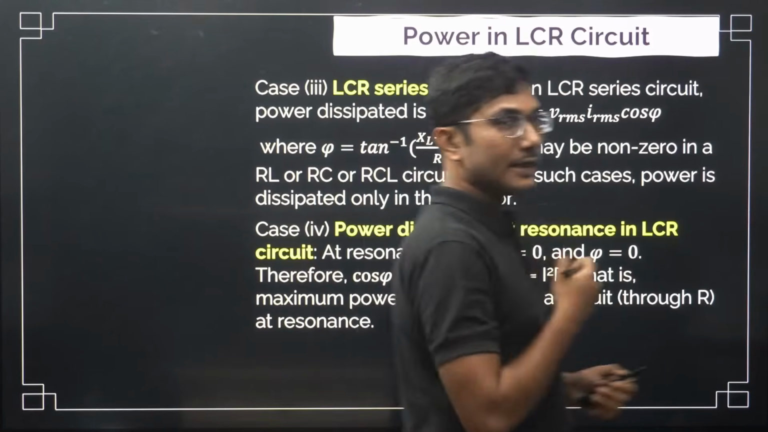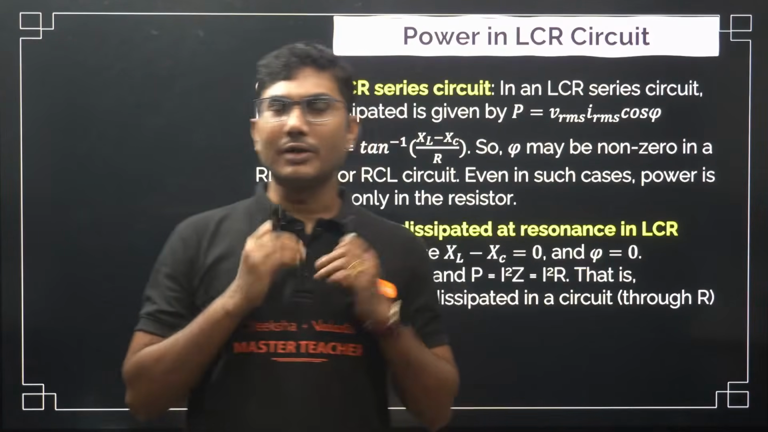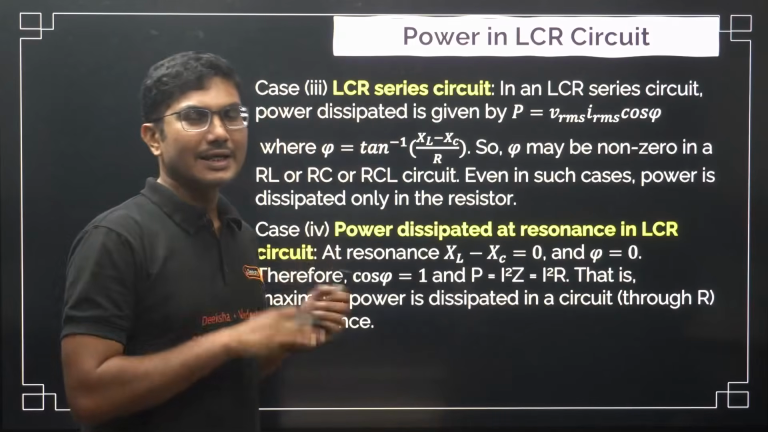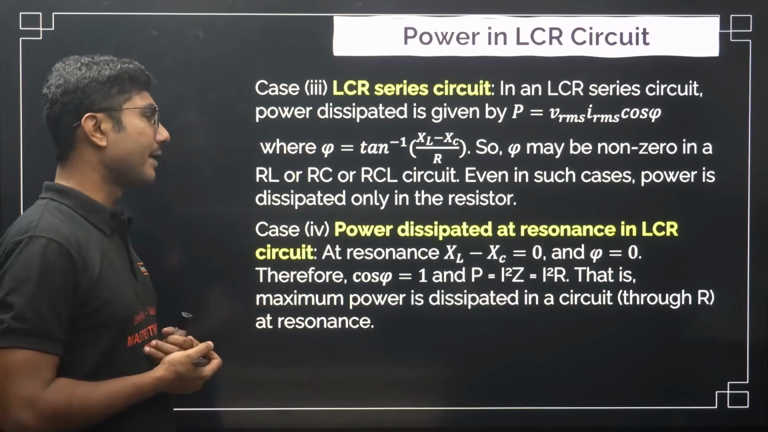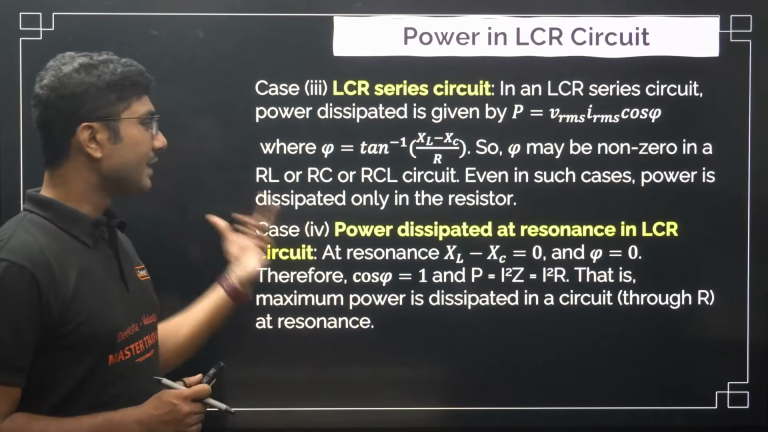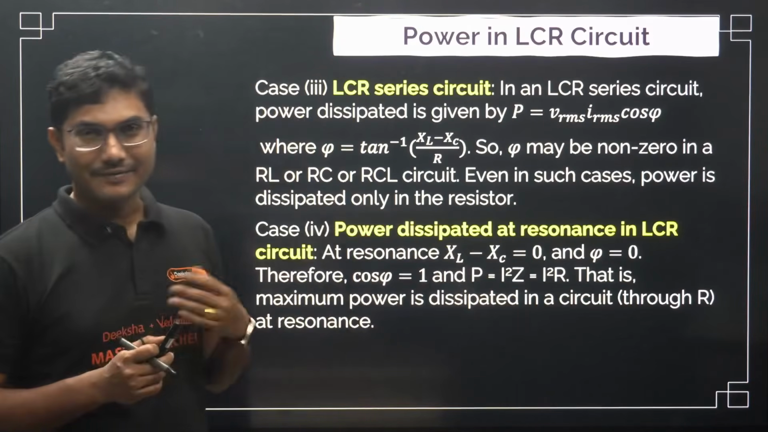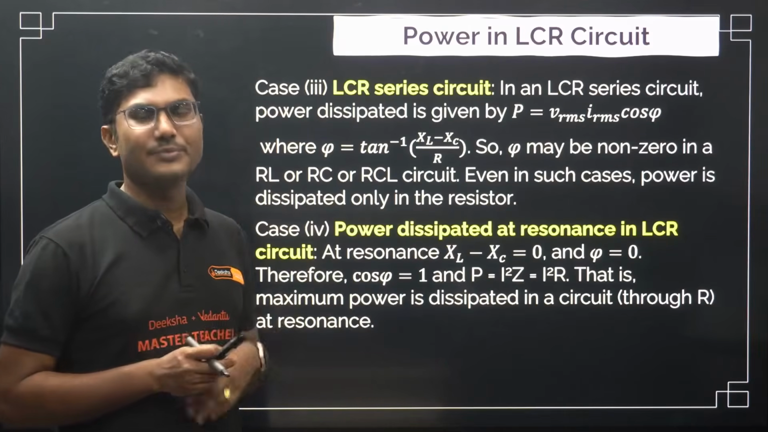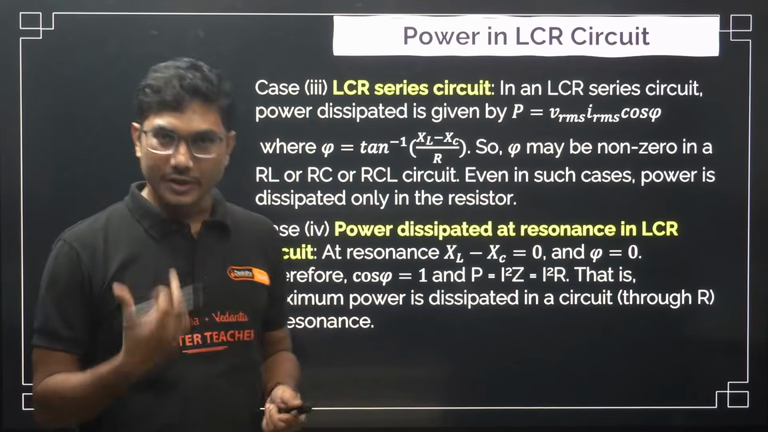So in case of a series LCR circuit as well, power is only dissipated in resistance. Inductor and capacitor do not consume any power. Power dissipated at resonance in an LCR circuit is maximum. Again, the circuit is effectively a resistive circuit. L and C's effects cancel each other, so the circuit becomes effectively resistive, and